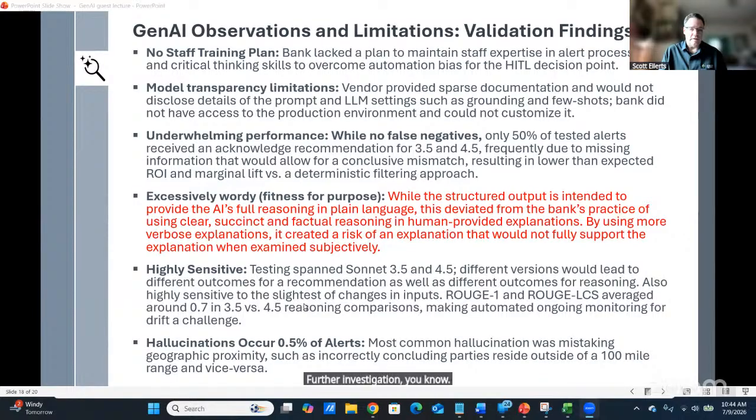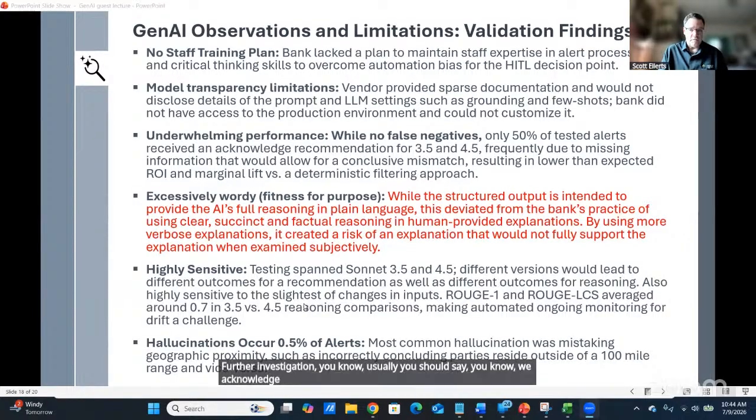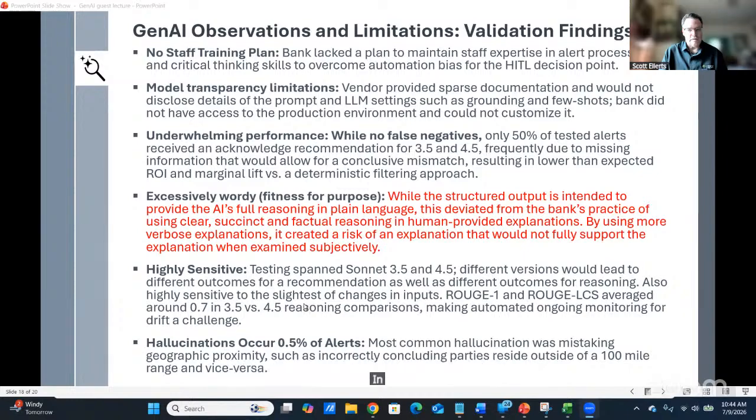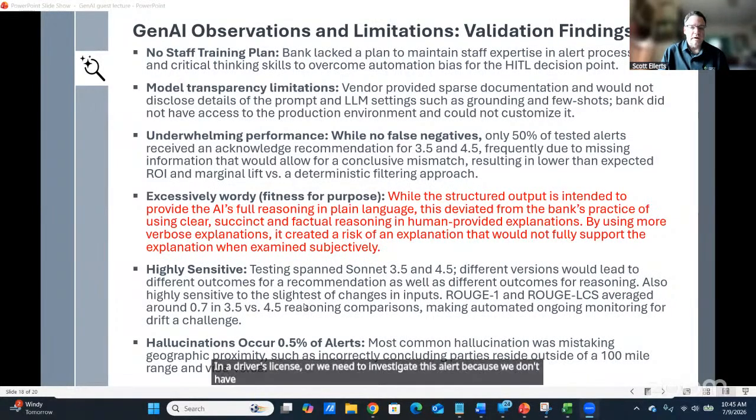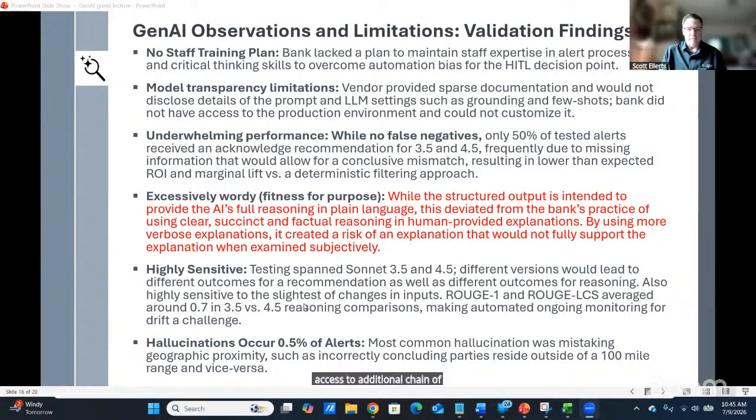Usually you should say, we acknowledge this alert because we mismatched social security in a driver's license, or we need to investigate this alert because we don't have enough information to make a decision. You can just leave it at that, and maybe in some type of backend tool you have access to additional chain of thought or other type of explainable AI stuff.